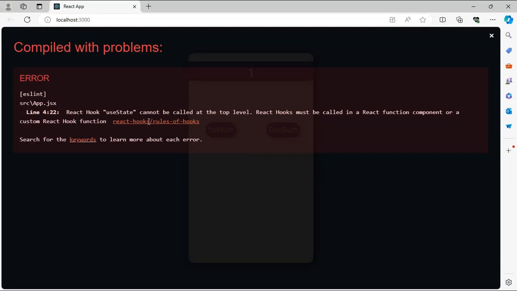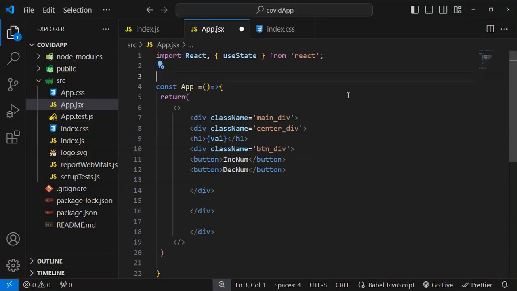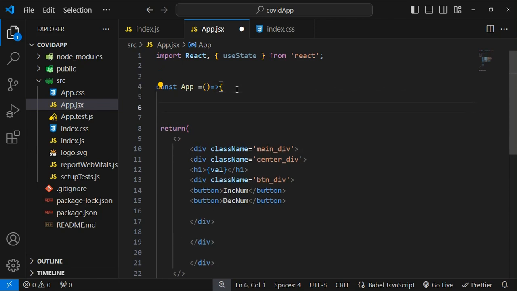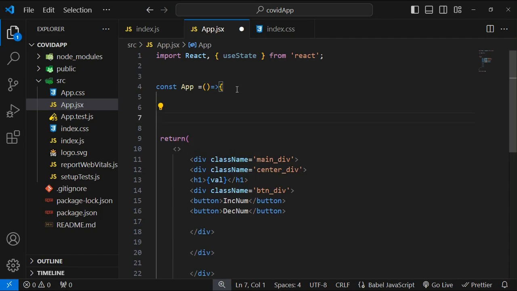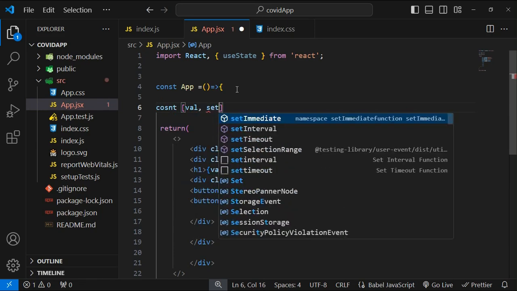Hooks cannot be called at the top. So there was a mistake, because hooks are always used inside the main function basically. So I have to use the concept of hooks inside that function. This is the main function of that component. Control V. It is not showing. Let me write again. It was not copied. Val, setVal